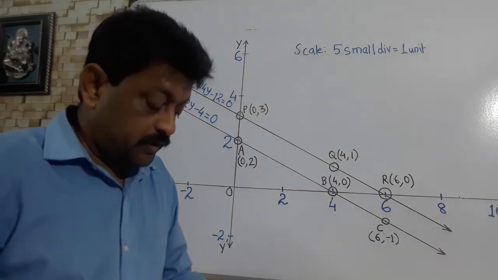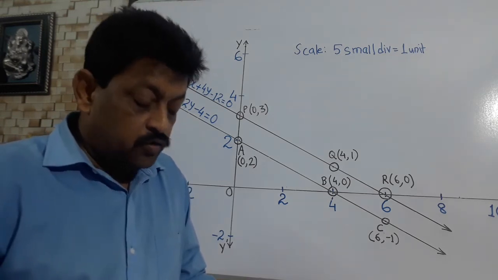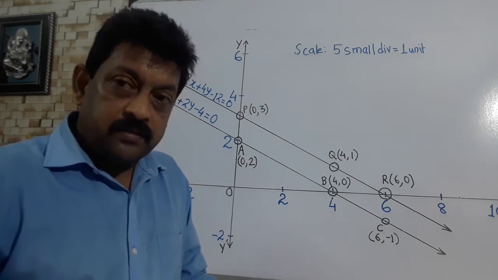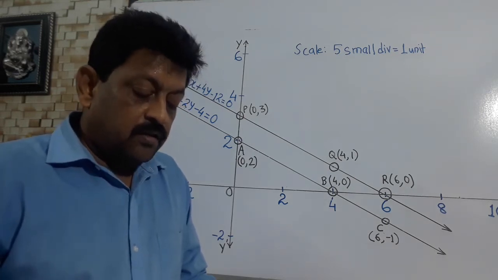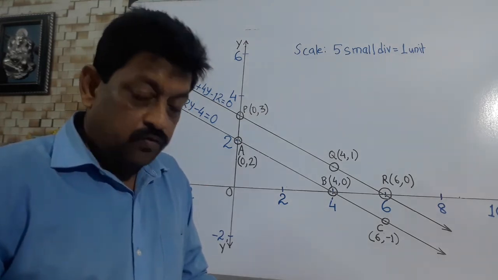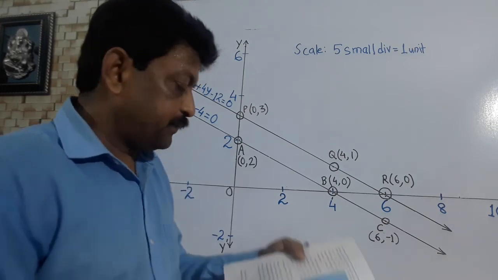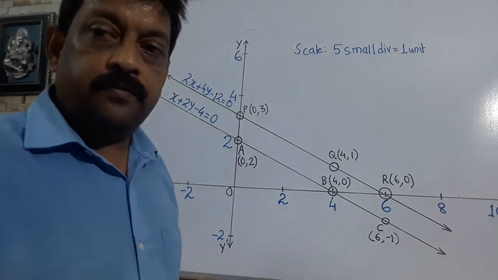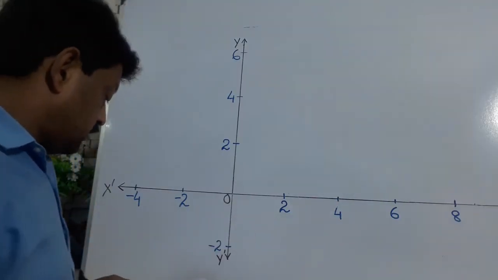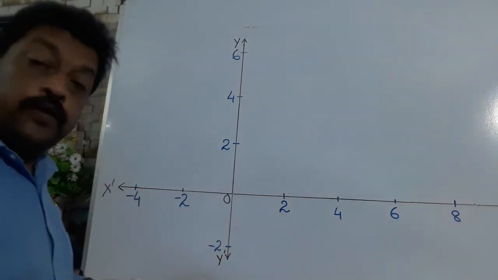There are two situations. In the first situation, the cost of 2 pencils and 3 erasers is ₹9, and in the second case, the cost of 4 pencils and 6 erasers is ₹18. So let me represent these two cases on the graph paper and check what kind of line we are getting. So the two situations: Ramesh bought 2 pencils and 3 erasers for ₹9.